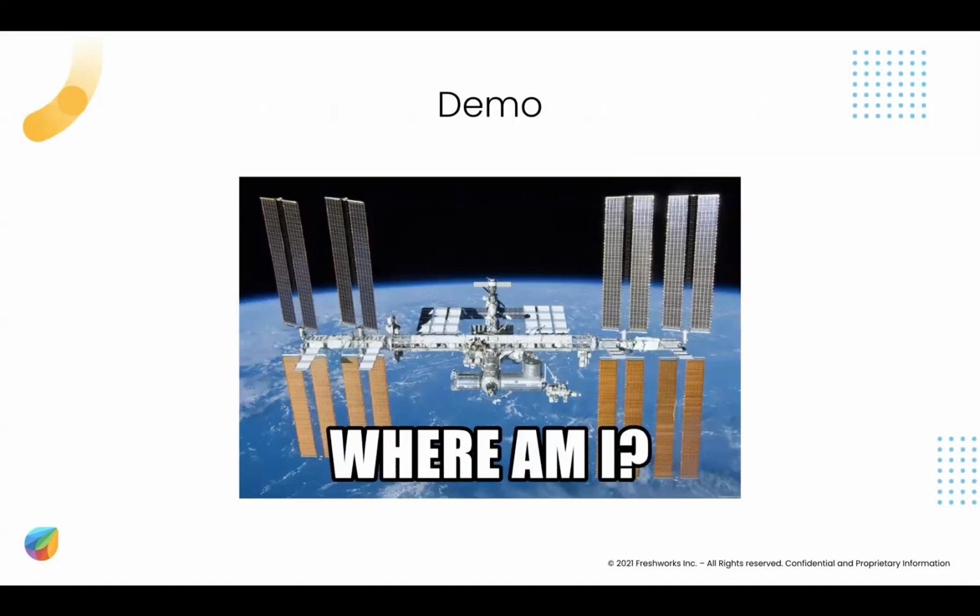And demo alert. So we're going to build an app. This meme kind of gives it away. Can anyone guess what it is that we're going to build in this demo session? Probably in the chat. Maybe we'll just give 20 odd seconds for people to guess.